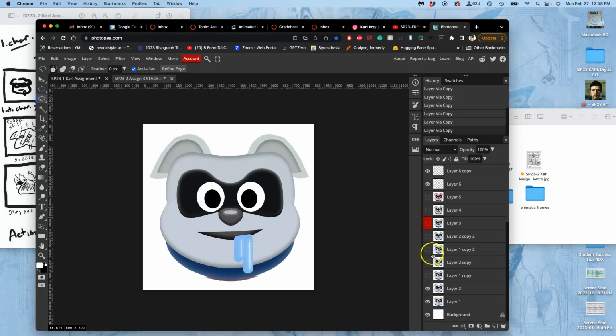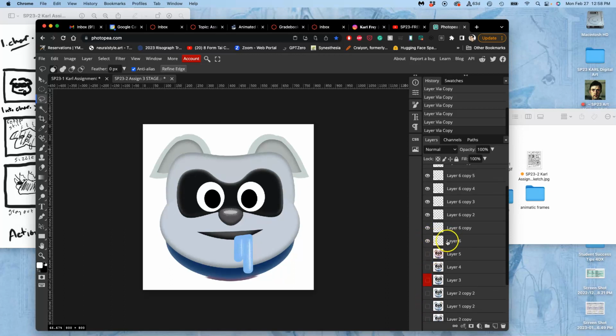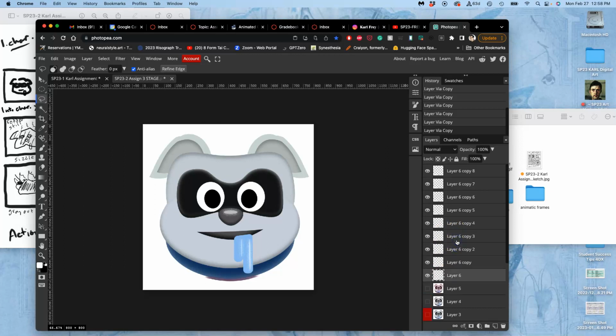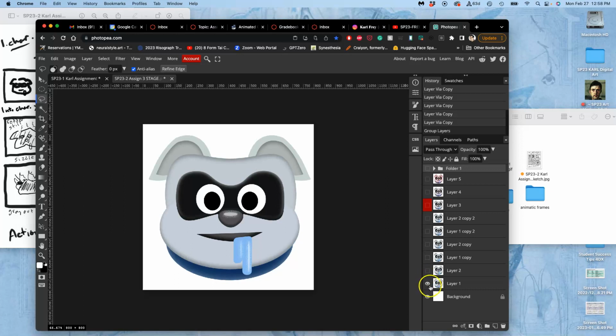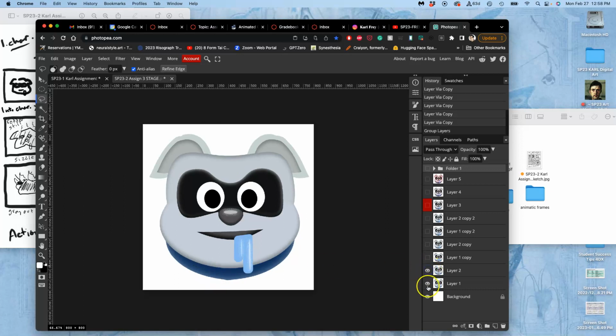So let's see, starting, put these all in a group. So this is just a mask that I'm going to blend with my color. So starting really with my first painting. So that one I don't need to clean up. This one I do. So